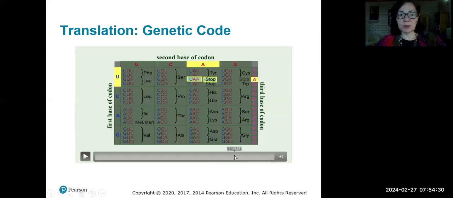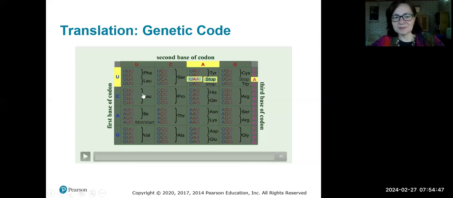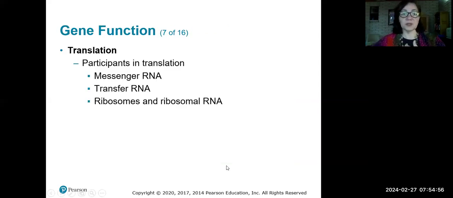You may remember from your biology classes when we have a mutation like that that doesn't lead to a different amino acid, but instead a stop codon, those are the nonsense mutations. Missense would be if it brought a different amino acid. So you just remember mutations happen, and this is the mechanism that mutations have these different effects depending on what is coded for. Okay. So the participants in this process of translation, you've got the messenger RNA that has the